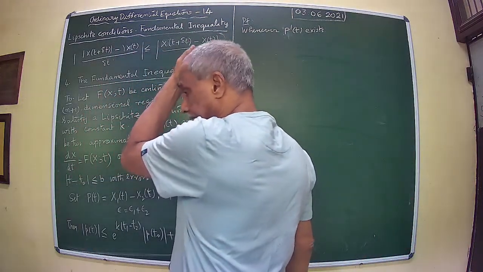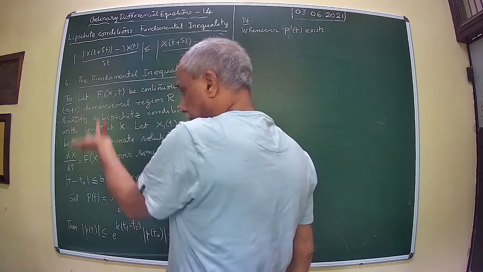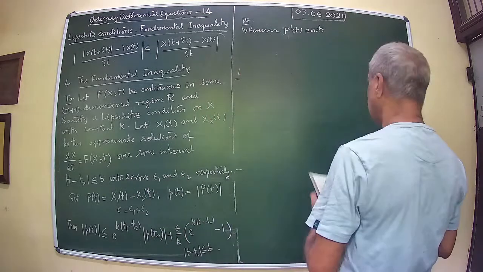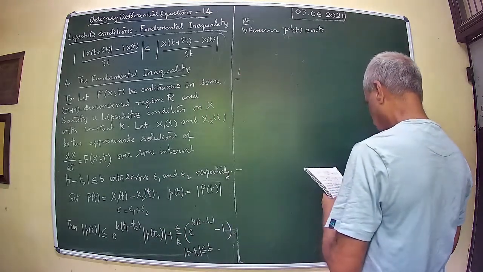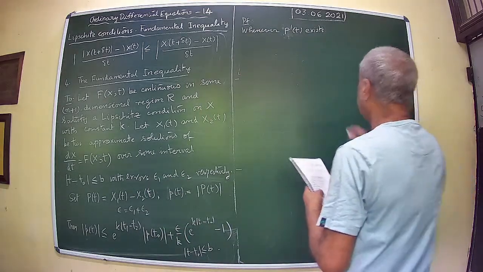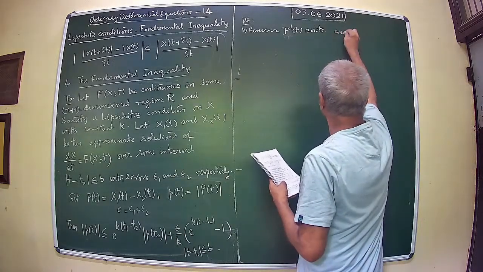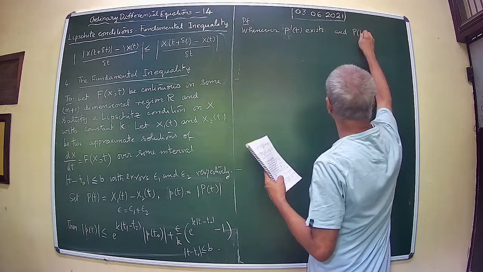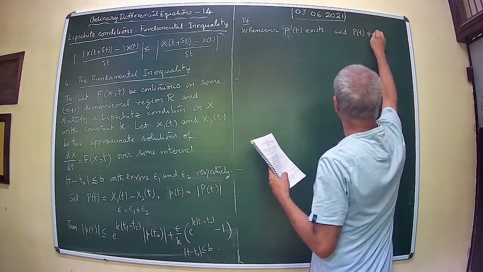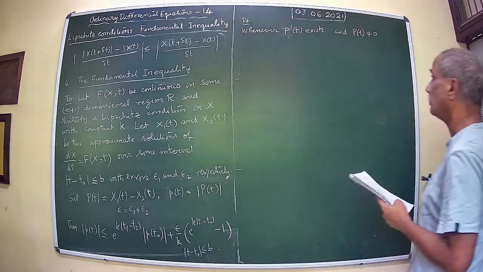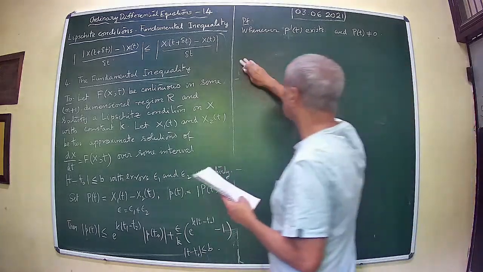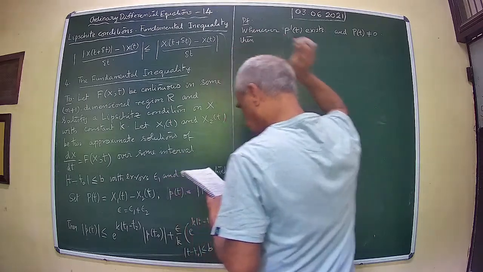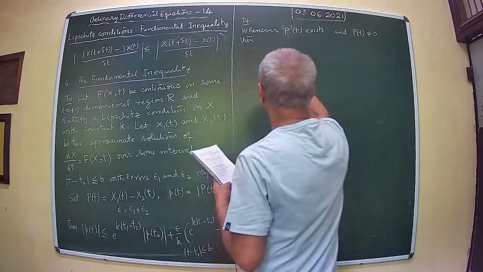There you know that on a finite set of points the derivative does not exist, it is not defined at all. That is the reason for that. And pt is not equal to 0. Then we have